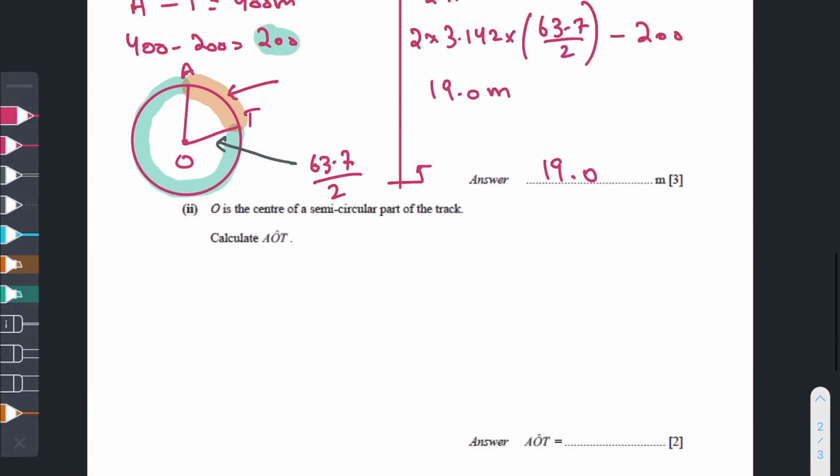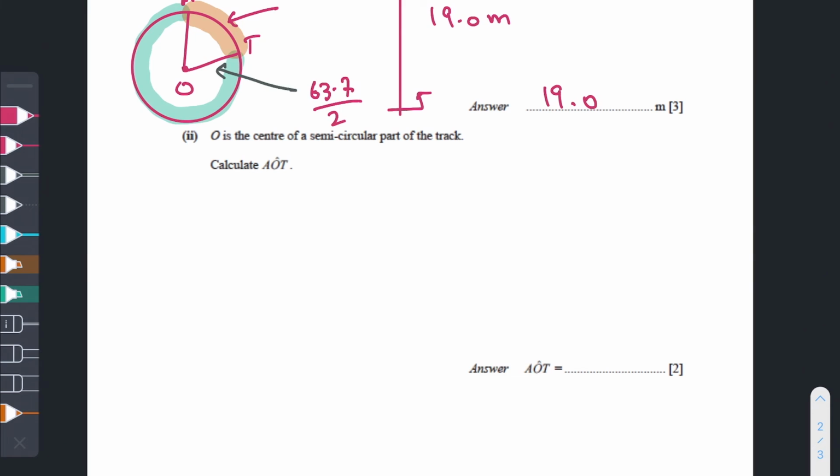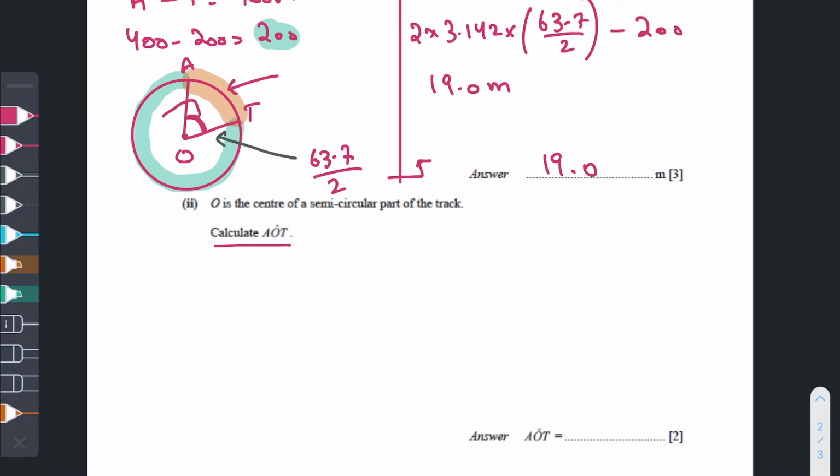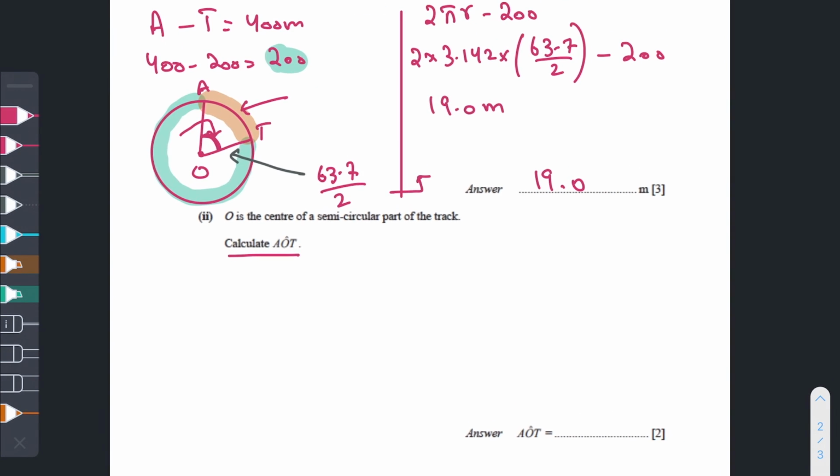The next part and the last part of the question says, O is the center of a semicircular part of the track. We need to find the angle AOT. Okay, we need to find this angle that we have over here. This is very, very simple. First of all, try to understand something. The arc length AT was 19 meters. The formula for the arc length over here would be the angle AOT divided by 360 times 2 times 3.142 times